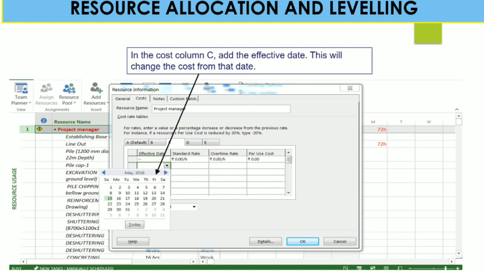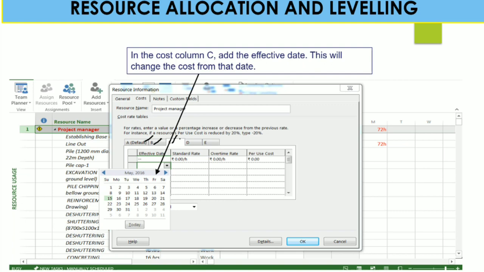Now for another cost rate table you have to go to the cost column C. We already saw A, B and now C. Here you can change your effective date. In the cost column C, add the effective date, and this will change the cost from that particular day. Based on a project requirement, if a project manager will join on a particular date, then based on that effective date you have to pay the standard rate to him.